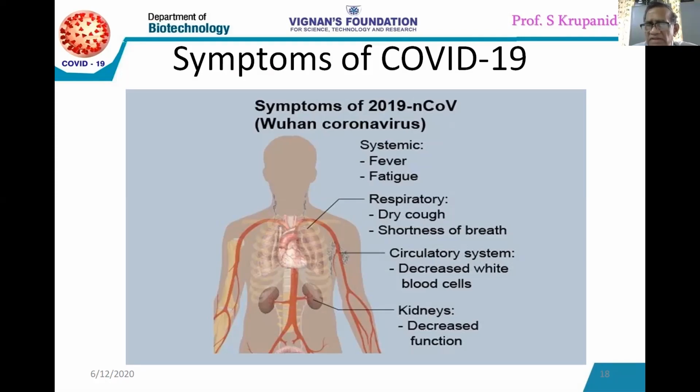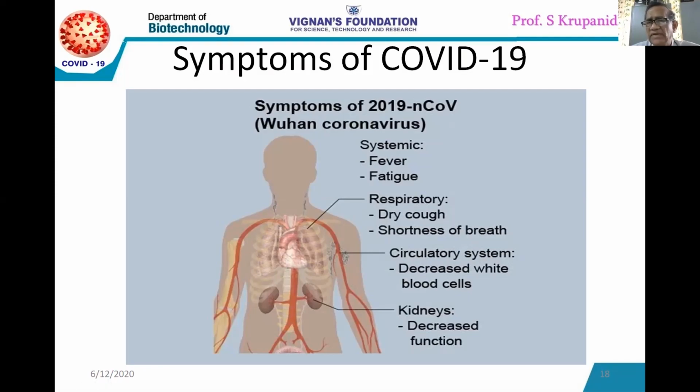That's what our Vice Chancellor sir is also telling. The automobile companies are shifting their manufacturing units towards ventilator manufacturing. That's what the shortness of breath, and the circulatory system is also a problem. Again, the kidneys, as I was mentioning to you, lungs are being affected, intestine is being affected. Not only that, kidney is also being affected, because kidney is the site from where the angiotensin is developed.